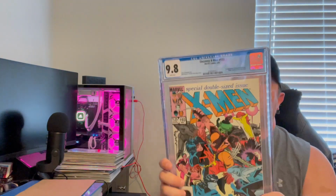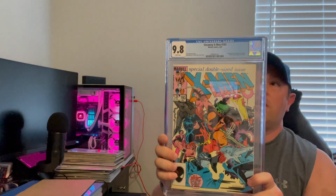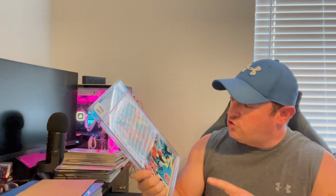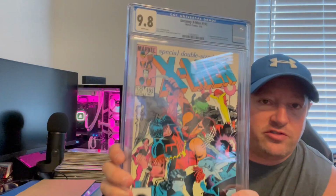Next one is Uncanny X-Men number 193. This is the first appearance of Warpath. I do remember submitting this one, and it came back a 9.8 with white pages. This is really nice. Interesting about this book, and I will try to see if you can see on this